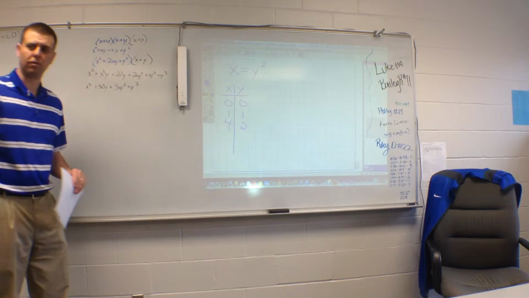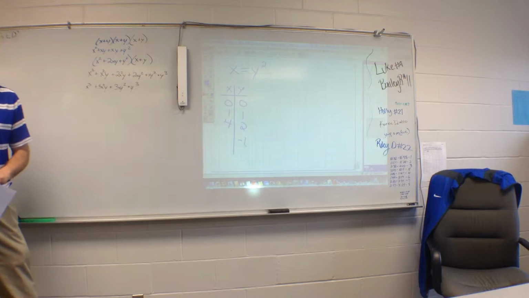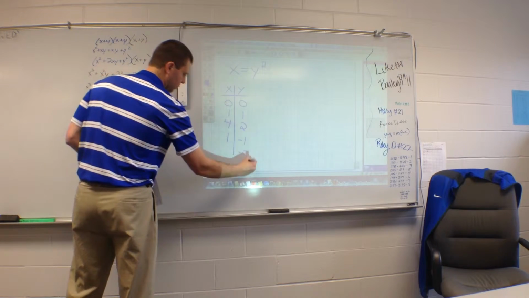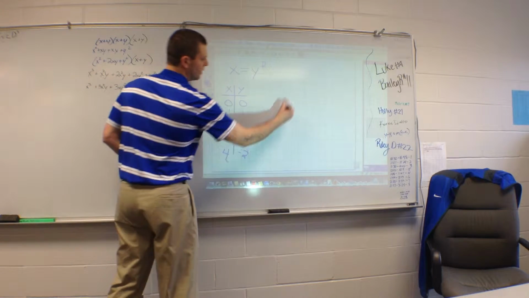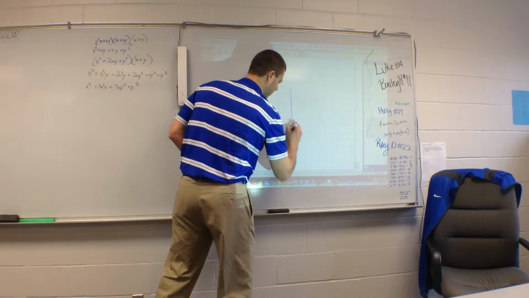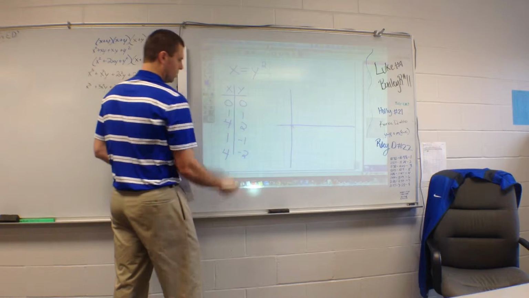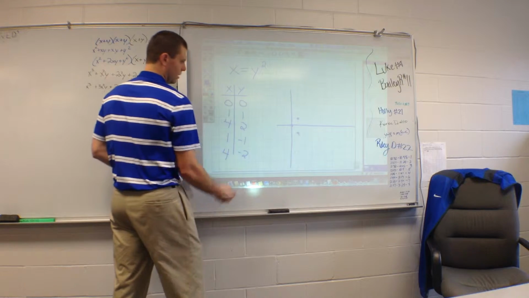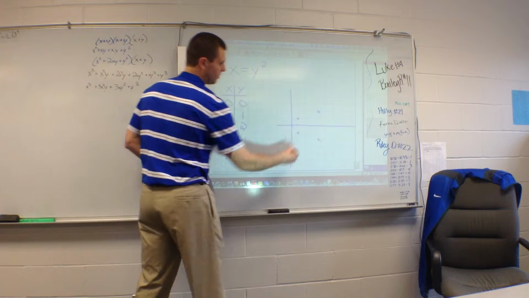How about some negative numbers for y? If you plug in negative 1 for y, what do you get for x? Positive 1. And negative 2 for y? Positive 4. So then, when you go to draw your graph, if you plot all these points: (0, 0), (1, 1), (1, -1), (4, 2), (4, -2),